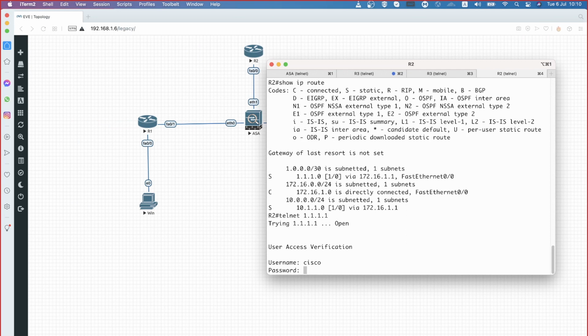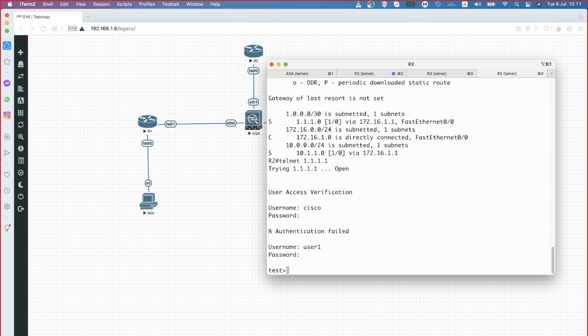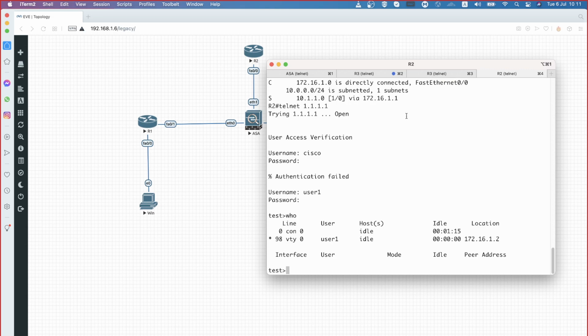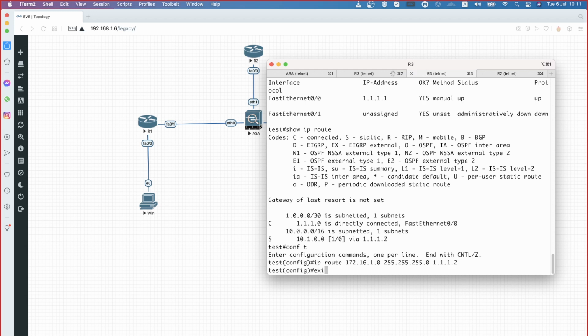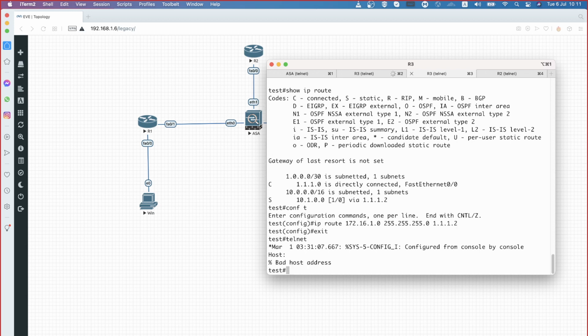Check it out. I'm able to log in. Don't think that this is because of the global rule. Sorry, this is user 1, user 1. Okay. So I'm able to log in. You can see that the IP address from where the login happened is 172.16.1.2 probably. You can see that 172.16.1.2. Now, according to our condition, if I do telnet from my external router to 172.16.1.2, can I see the telnet access? Will it be successful? Anyone?